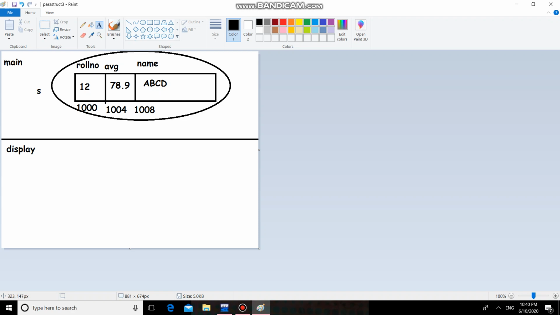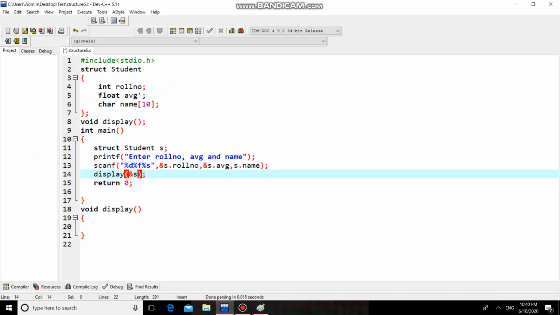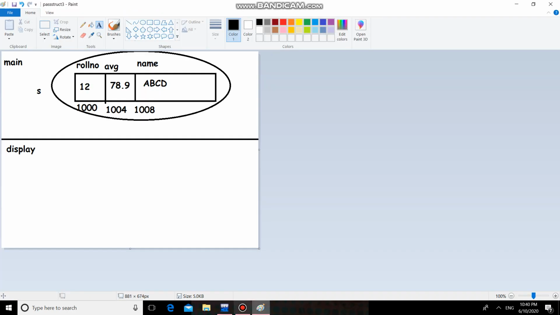Now we are passing the address of ys. What is the address of ys? It is nothing but the address of ys dot roll number, which is 1000. So that address will be passed, and then that address will be collected in a structure pointer.